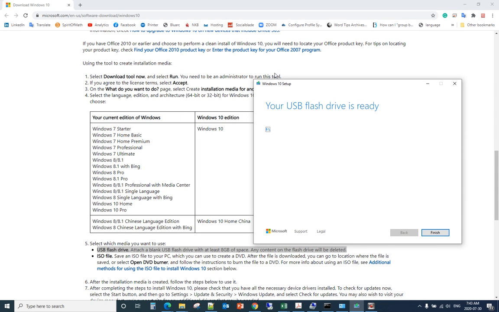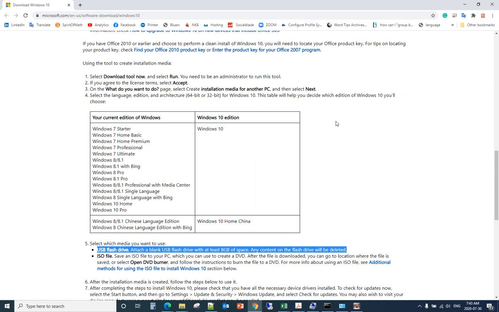So after that, it will show you your USB flash drive is ready. Click finish. Now it's finished. So then you unplug your USB and plug it into the computer that you want to install Windows